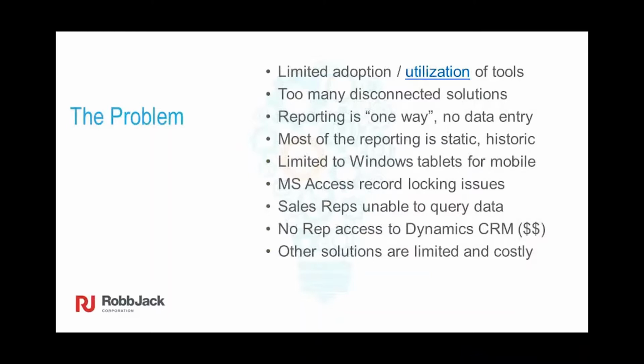People tend to run home to mama or stick with what's comfortable, especially shop people. They don't want to learn new tools. They want to stick with what they're used to. Frankly,